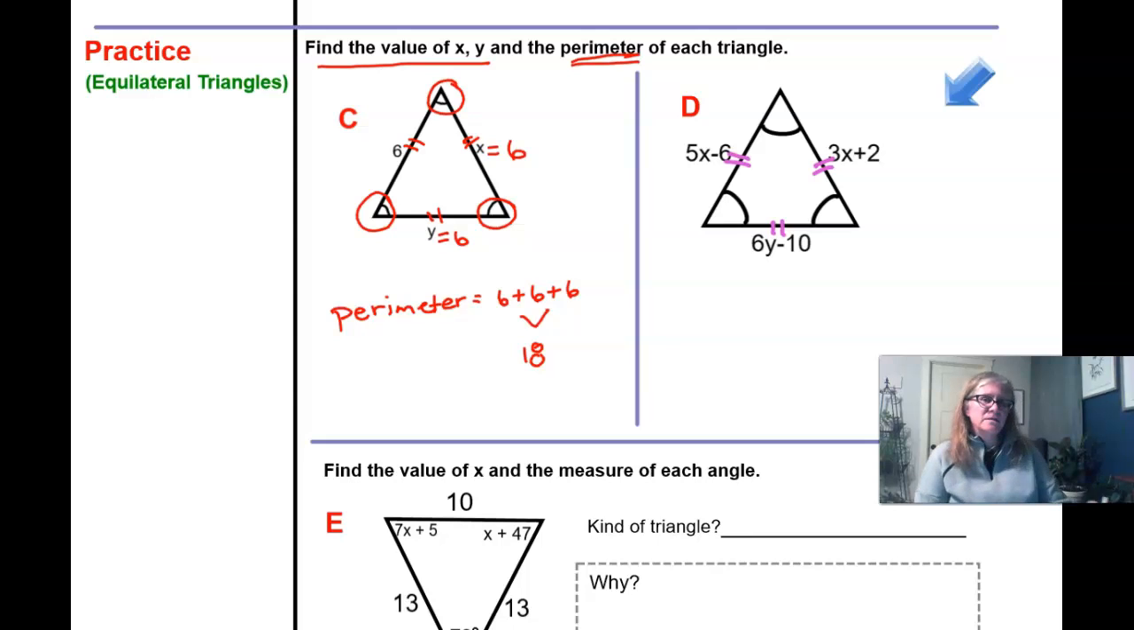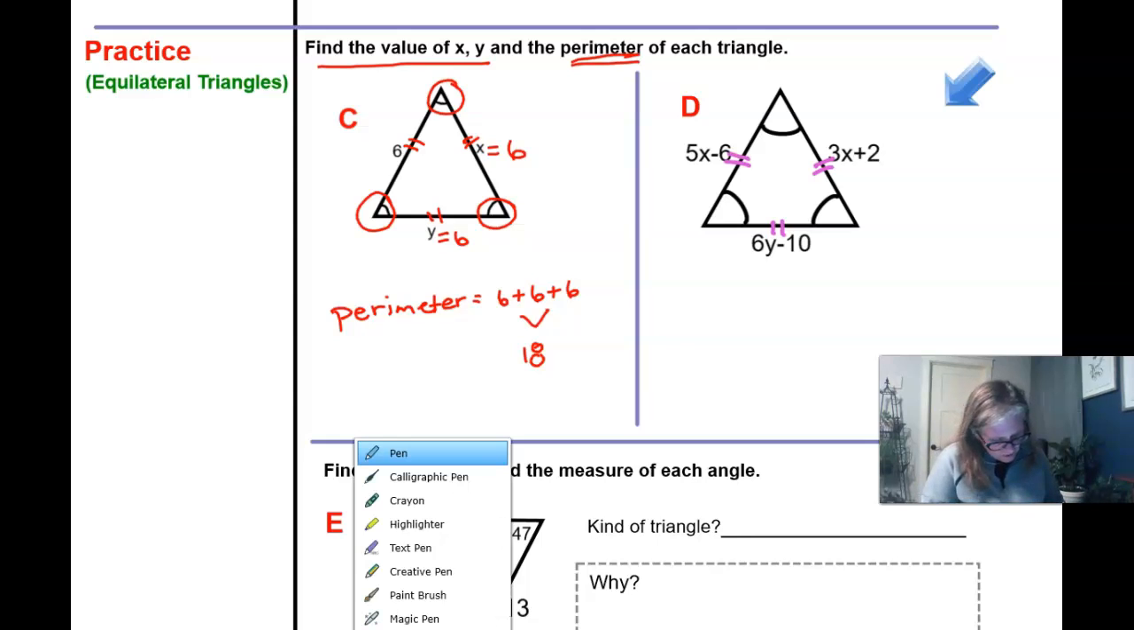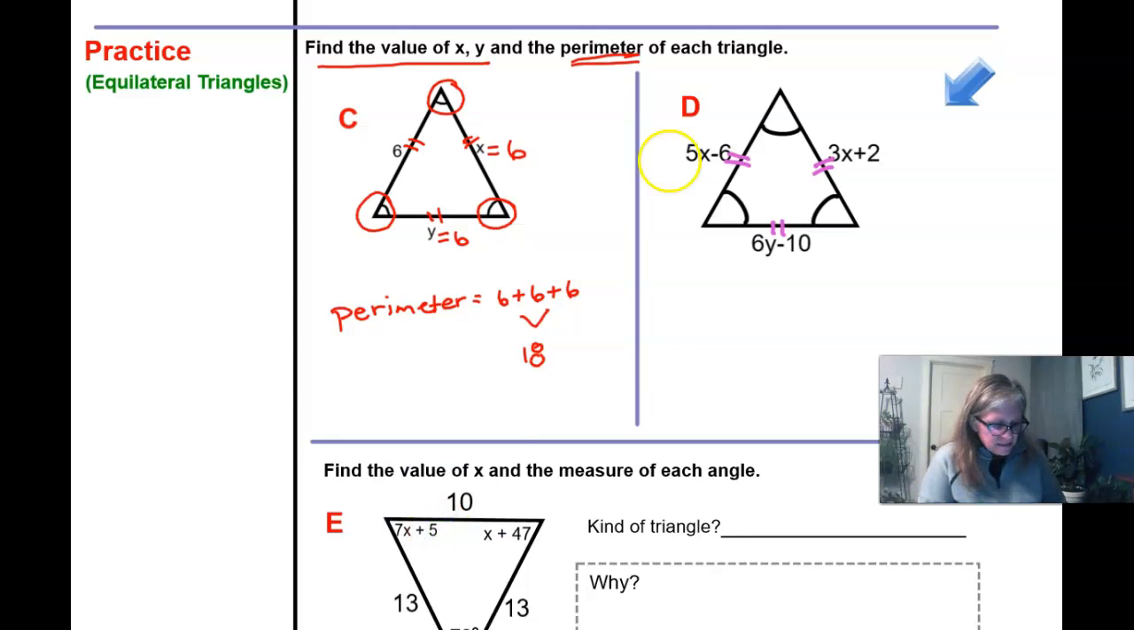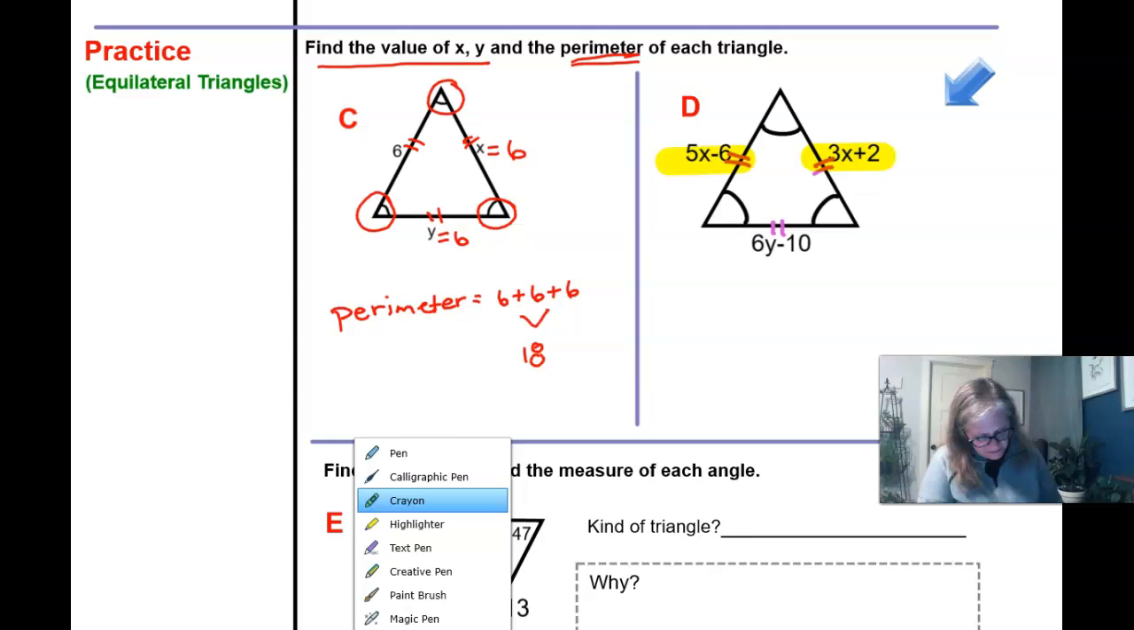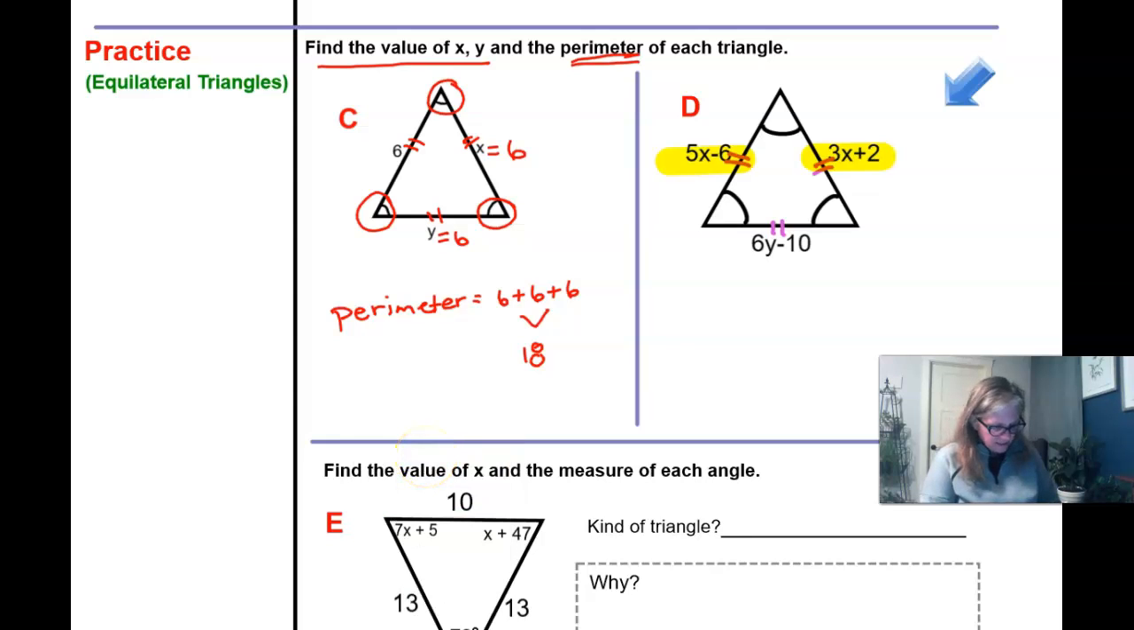Now the tricky part of this is you have to figure out which ones to put together. And when you look at this, it would make sense that the x problems go together. So I know that those 2 yellow ones have to be the 2 that go together. And then that y part is going to be something that we're going to handle here in just a second. So for this one, I know that 5x minus 6 has to equal 3x plus 2. If I solve that,